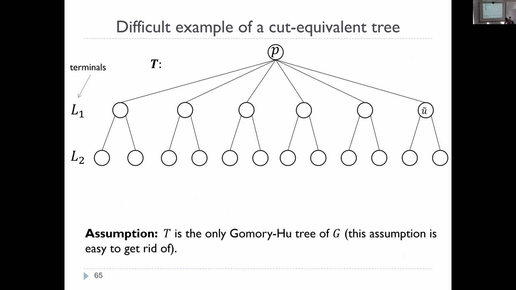Okay. So again, let's assume that this is the only Gomory-Hu tree of the graph G, and this assumption is not overreaching, right? You can get it by, for example, simple perturbation on the weights. You play with the weights a little bit, then you get unique minimum cuts. That is if you have weighted graphs, but even on unweighted graphs, you can still do it by considering maybe latest cuts, or cuts that are closest in a way to one of the nodes in the pair, right?